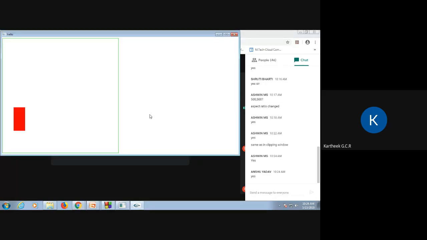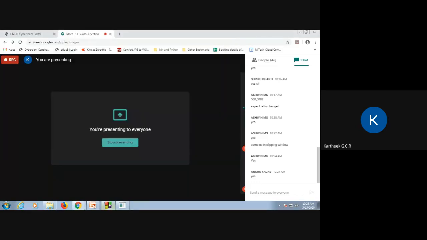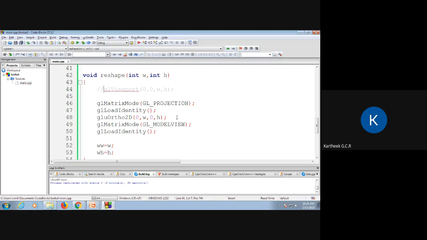So this is actually the effect of the viewport, and this will be the actual thing that affects you when you reshape the program's display window. That is the reason you actually reset your viewport. Now what happens when you do this? Whatever the window size is, the default viewport will change to the new window size, as well as the new view volume will get allocated to this viewport, and this viewport will be mapped to the new window. So the aspect ratio of everything is the same now.